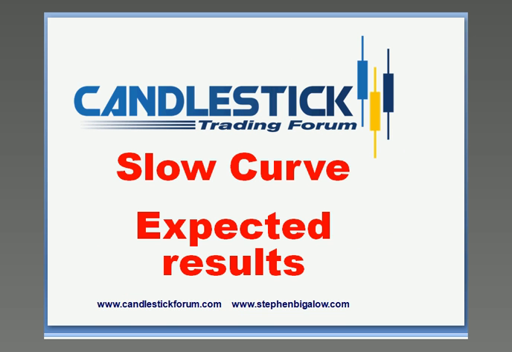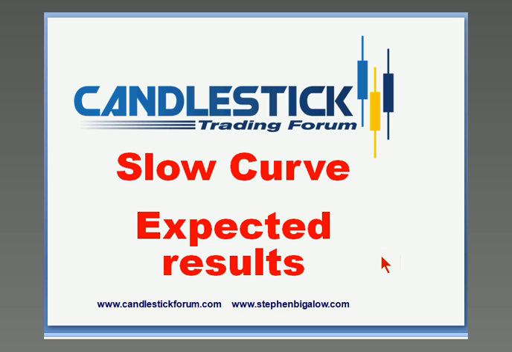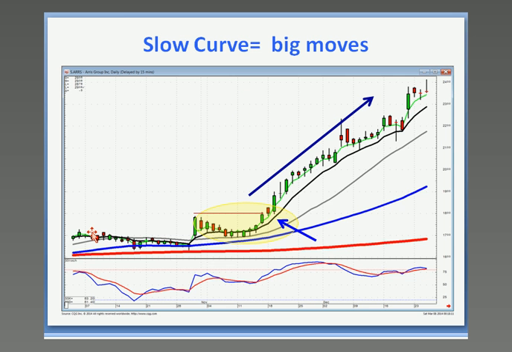Also, let me see if I've got all of them here. All right. Also, we've got the slow curve, which is kind of a derivative of the fry pan bottom. The only difference is it doesn't usually occur at the bottom. It usually occurs when the price trend's already starting up. But notice what it did. It came back up. You had kind of a T-line crunch pushing you through this level,